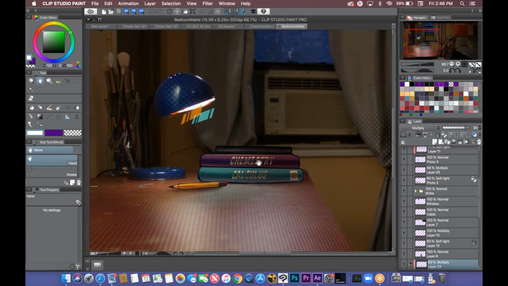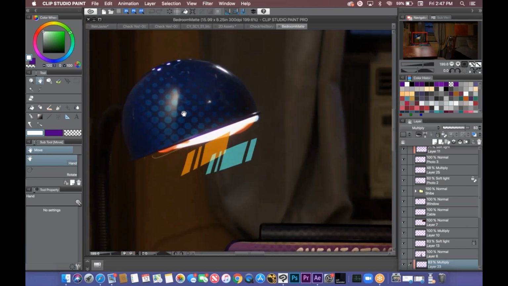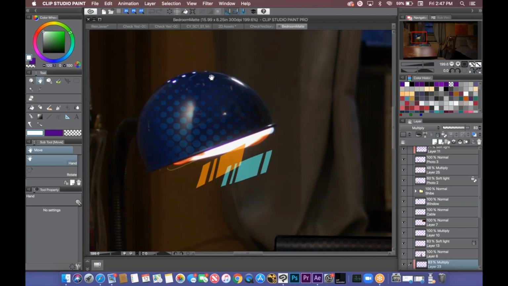But I actually just looked up on Google. They have these transparent overlays of dots, and I just saved them, and then I would bring them in, rasterize them, and overlay them to what I want, and then I would erase where they were overlapping. So here for this lamp, I would erase around the curvature of the lamp, and then to make it look like it's interacting with the light,